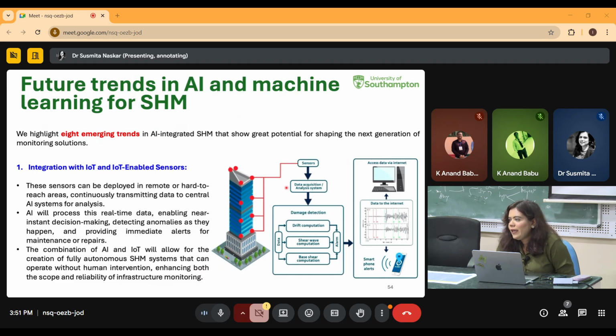And the combination of AI and IoT is quite a great combination. They enable the creation of fully autonomous SHM systems. So this system can actually operate with little, sometimes definitely you need some human intervention, but in most cases, maybe 99% of cases, you may not need human intervention unless something goes wrong, right? And definitely greatly enhancing both the scope and the reliability of infrastructure monitoring. So the diagram, as I said, is a generalized way that the integrated system works. The sensor gathers data, it transmits the data, and then the internet device or the computers send